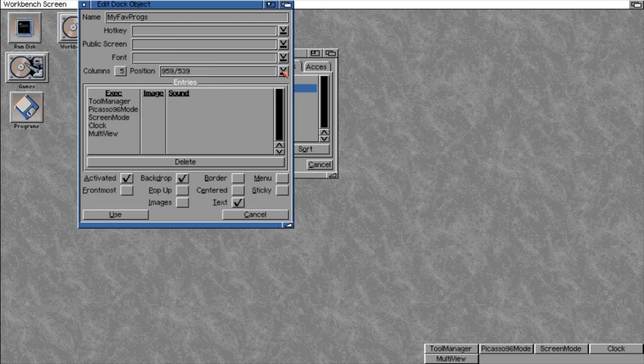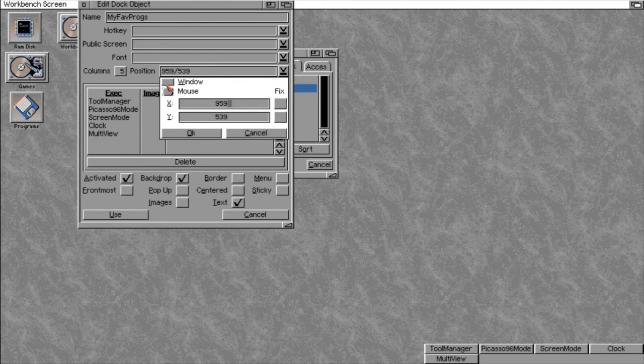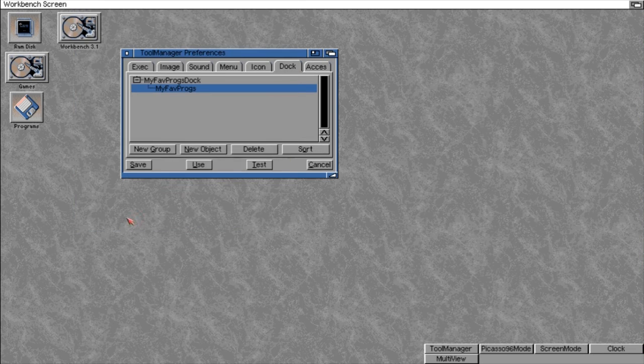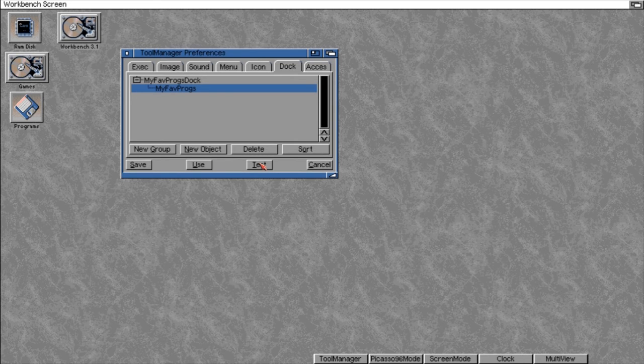And the positioning, I'm going to place it roughly in the middle. Click use and test that, and that's actually positioned it off middle, but there's a little trick to get these positioned, and I'll show you that in a minute. So if I jump into the preferences again,